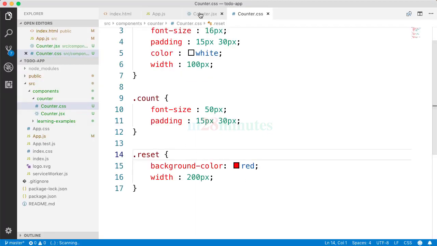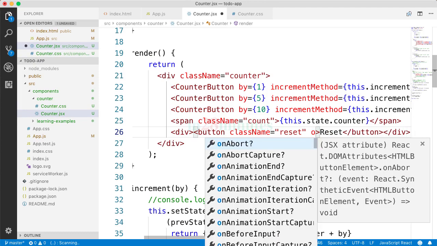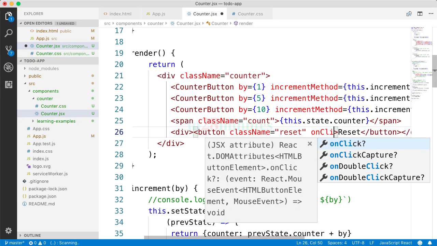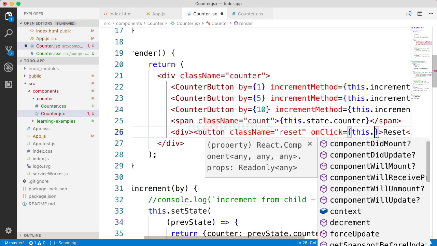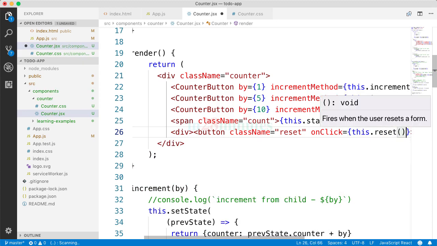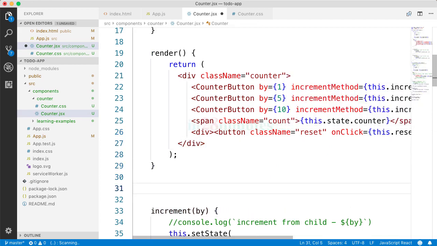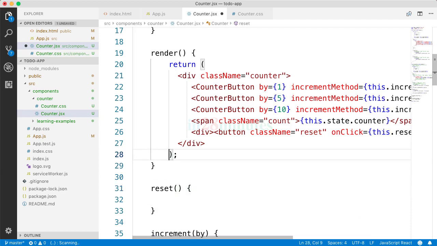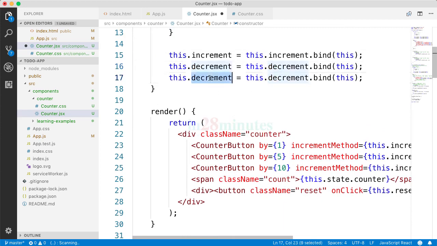What we want to do, let's quickly implement that as well. onClick, be careful, it's onClick with a capital C, is equal to, we need to define a JavaScript expression and say this.reset. Make sure that you are not actually calling it. It should be the reference reset as it is in here. And now I can actually implement the reset method. So reset method, before I actually do this, what should I do? I should bind it, right? So this.reset